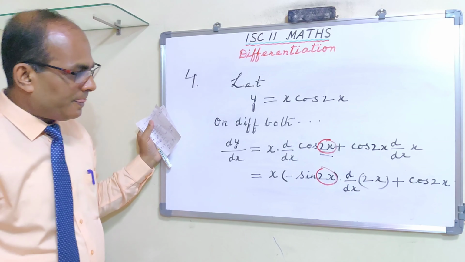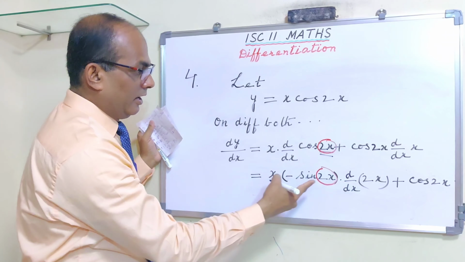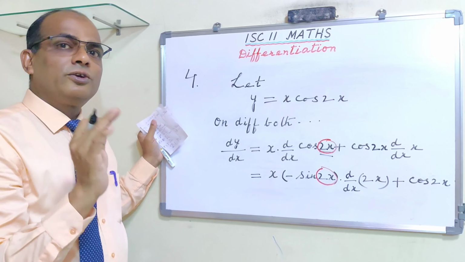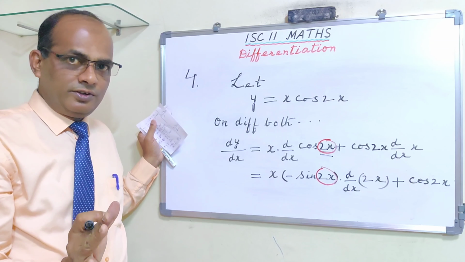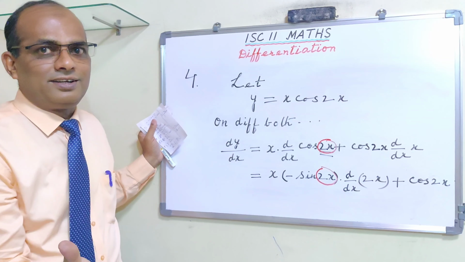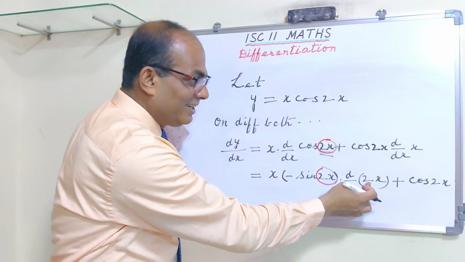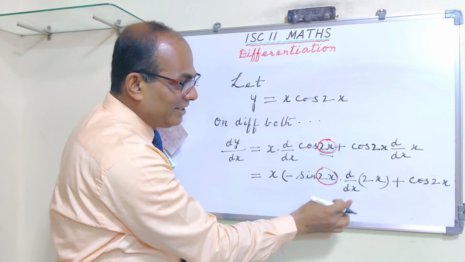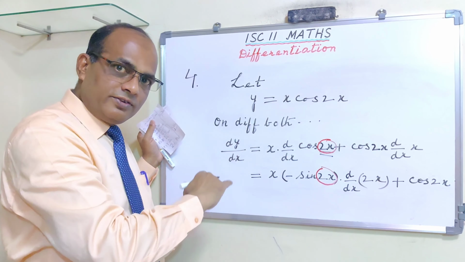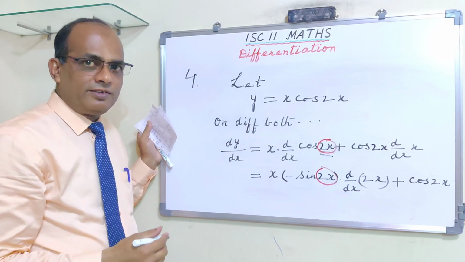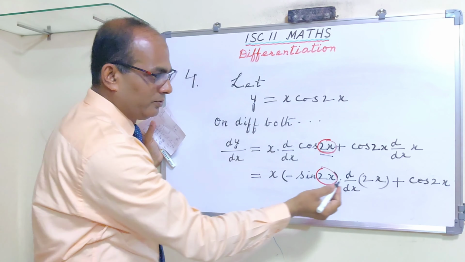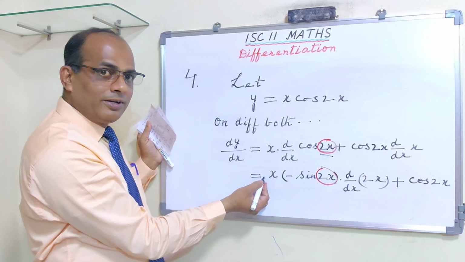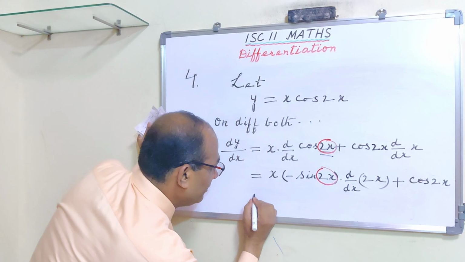Now d/dx of 2x. I told you in one question that when a constant stands alone, its derivative is 0, but when it is attached to a variable, we take that constant outside and keep it aside. So 2 outside and d/dx of x, and d/dx of x is 1. So 2 into 1 is simply 2. We can write that 2 here, and the minus will also come in the beginning. So minus 2. Can I write it directly?